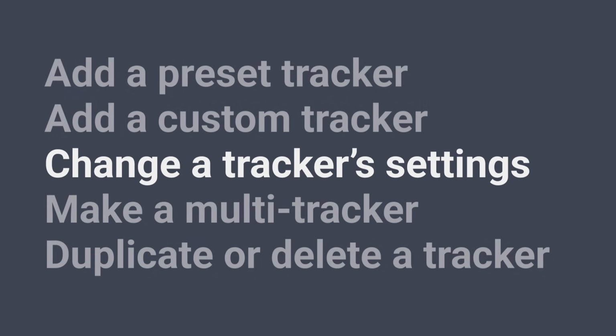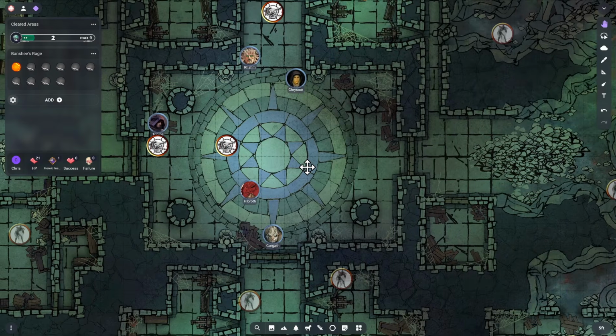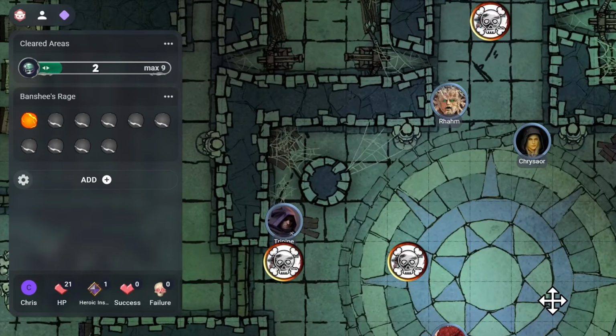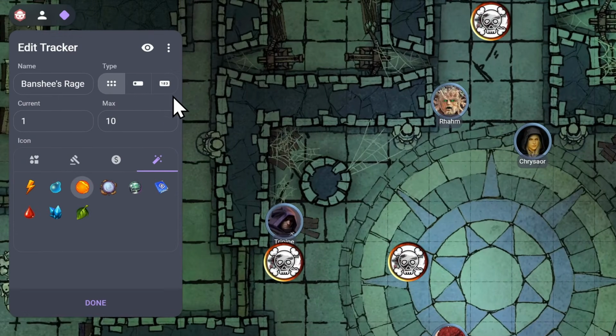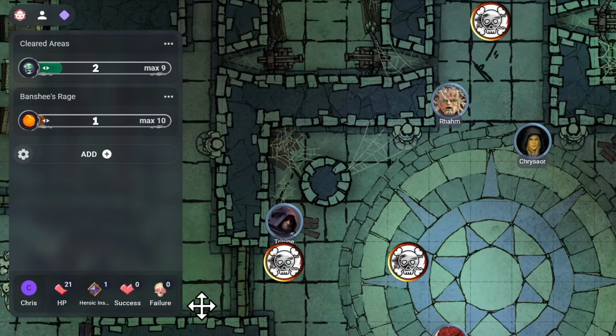Next, let's look at editing an existing tracker. You may have already noticed that in the top right corner of each tracker there is a 3-dot button which brings up the Edit Tracker page. In here, you can alter any of the parameters of that existing tracker in an interface that is very similar to making a custom tracker, and when you click the Done button, you see the new presentation of that tracker